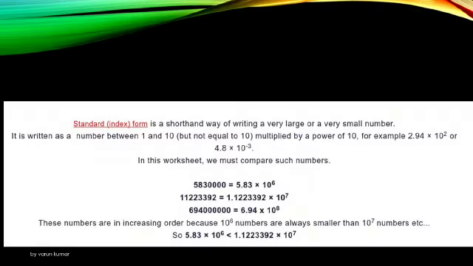See here, a standard form is a shorthand way of writing a very large or very small number. It is written as a number between 1 and 10, but not equal to 10, multiplied by a power of 10. For example, 2.94 into 10 to the power 2 or 4.8 into 10 to the power minus 3. In this worksheet, we must compare such numbers. Suppose that we have to compare